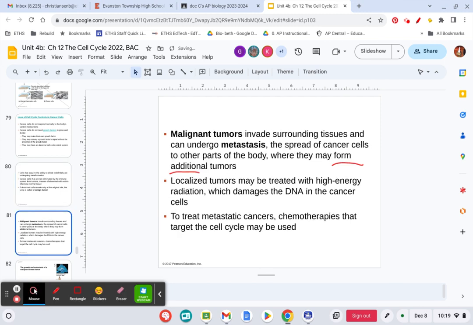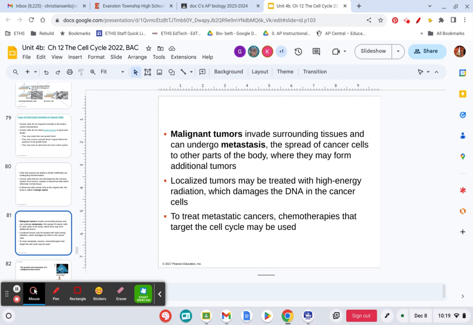What you don't want to see is malignant tumors. Malignant tumors are those that will spread to surrounding areas of the body. And they do that by what we call metastasis, or you might have heard that the cancer has metastasized before. What that means is that some of those cells from the tumor have broken off, and they've started to travel to other parts of the body. And they can do that through the bloodstream, or through the lymphatic tissue that we talked about earlier when we were talking about the immune system.